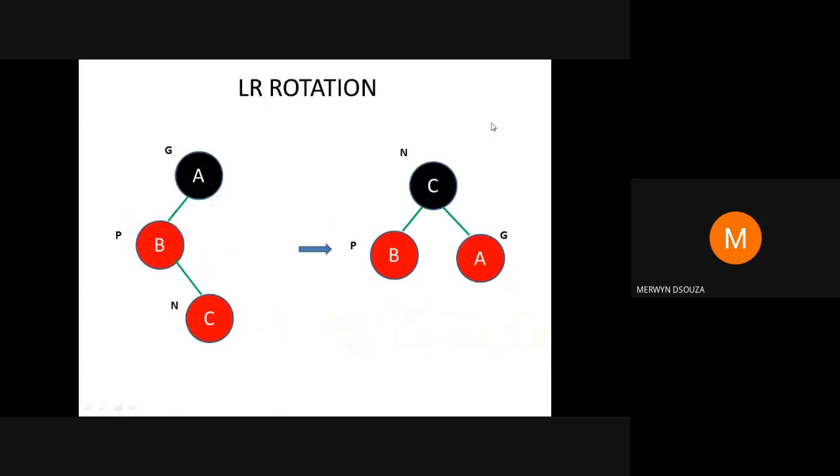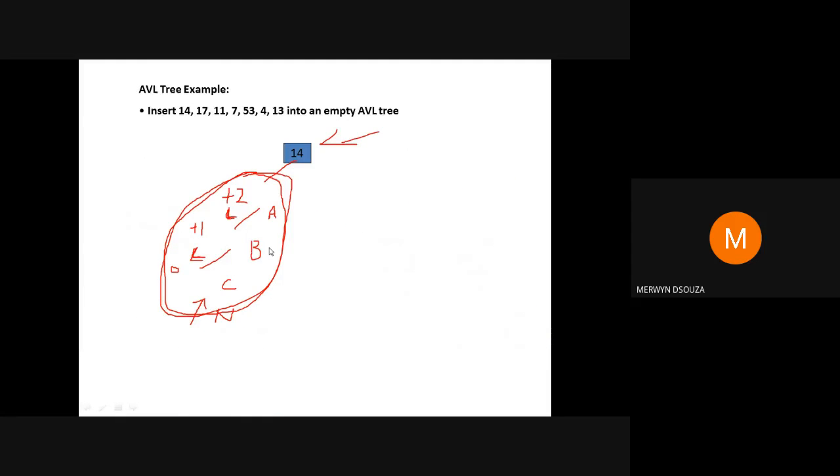So basically what will happen here is, okay, like I've told you, this is the rotation. So you are going to rotate this portion of the tree. Once you have rotated these tree nodes, you're going to attach the root, that is B, as the left child of 14. Okay, so I'll show you that in the next step.